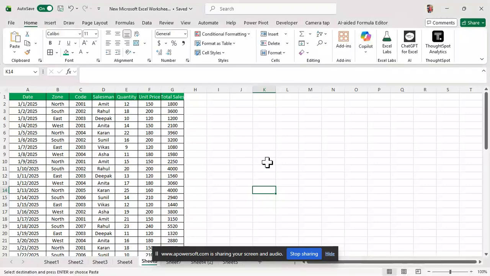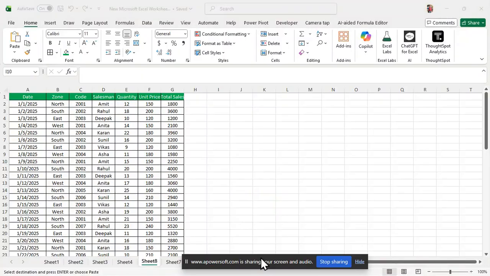Hi everyone, so today in this video we are creating a pivot table and inserting a slicer and timeline. The focus in this video is how to insert the slicer and timeline. So the first step is